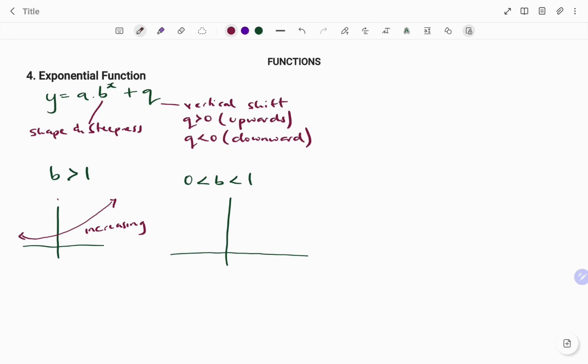So I'm going to have my graph in that direction, and that will be decreasing. For my exponential function, I have my horizontal asymptotes,